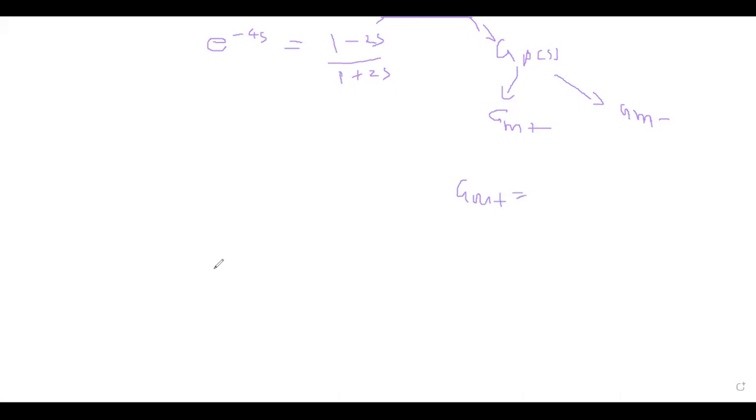So GM plus is equal to 1 minus 2s, because it's just the numerator. Generally, because there's an exponential here. Right? So GM minus s